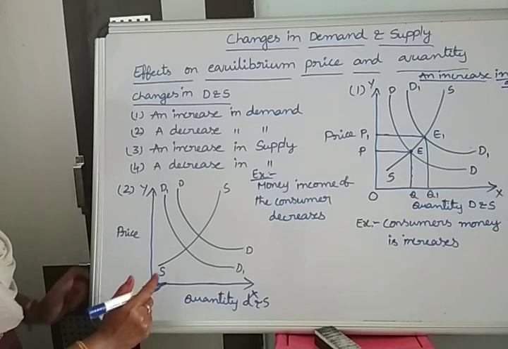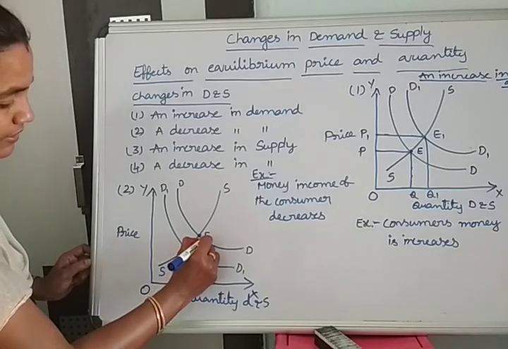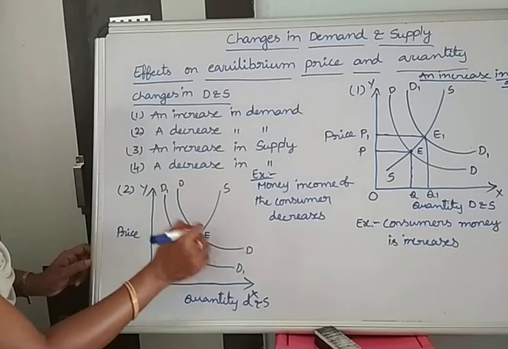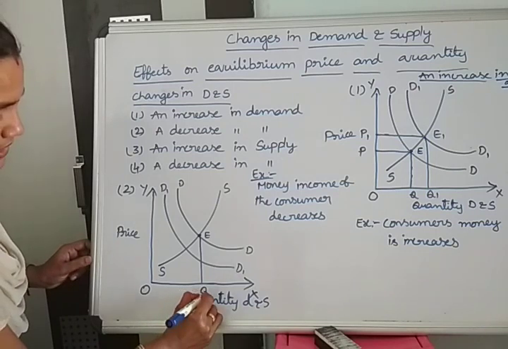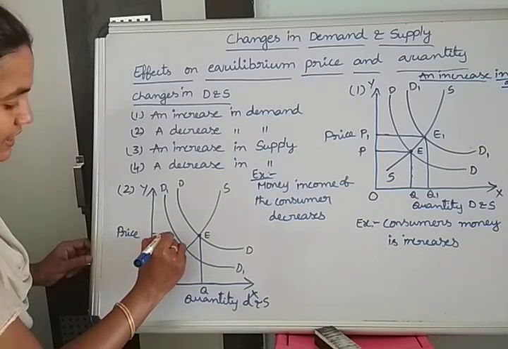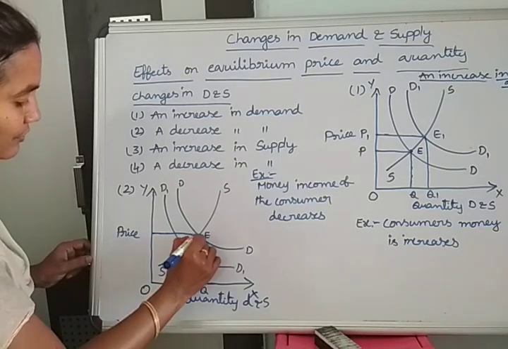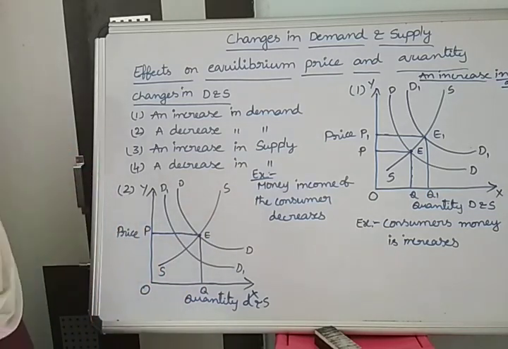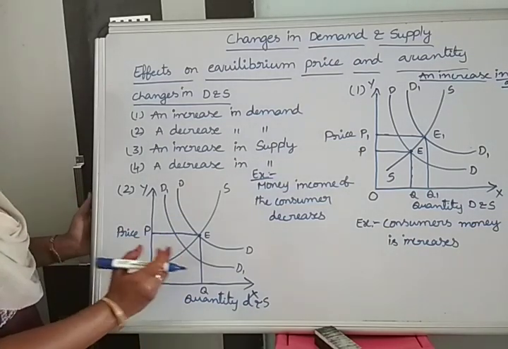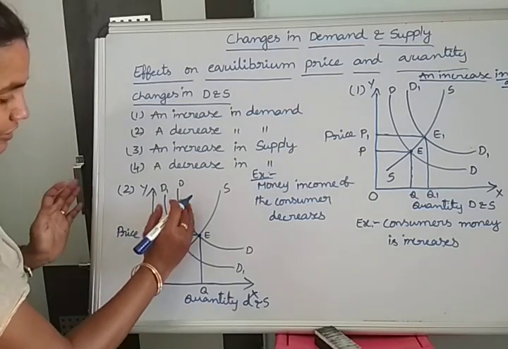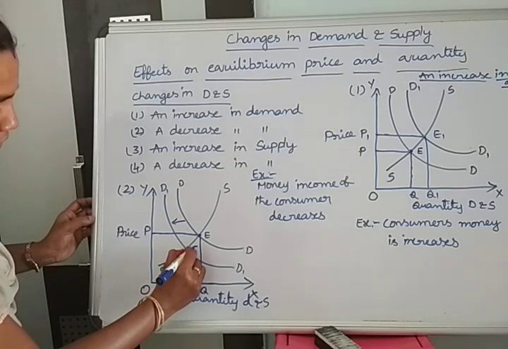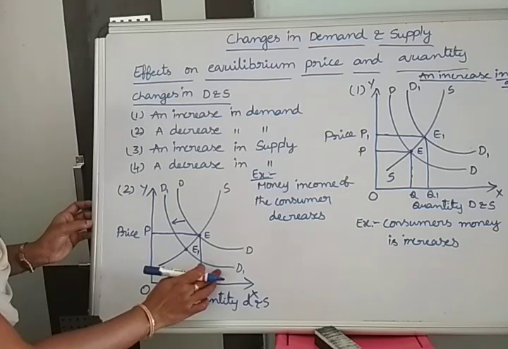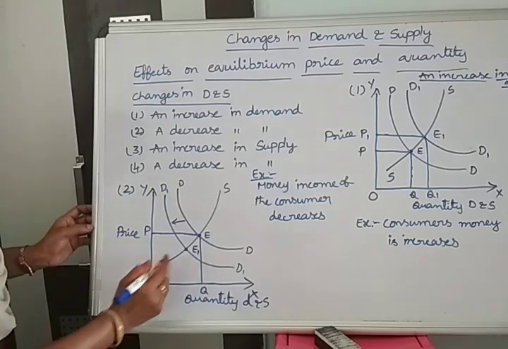The original equilibrium position is at point E, where the original demand curve DD and the original supply curve SS intersect. Where these two are equal, we call it the equilibrium position, which is why we put the point E, and that is the equilibrium price of the commodity according to our concept. If demand decreases but there is no change in supply, then the demand curve will shift to the left side. Then the new equilibrium position is at point E1, because the new demand curve and the original supply curve intersect at point E1.